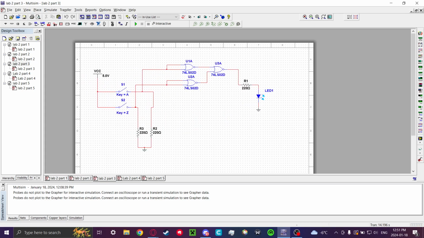This one over here, part 3, has 3 NORs in a row. This one will be a little bit more complicated to explain. Basically, both inputs of the first 2 NOR gates will be coming from the same switch. And so since the NOR gate